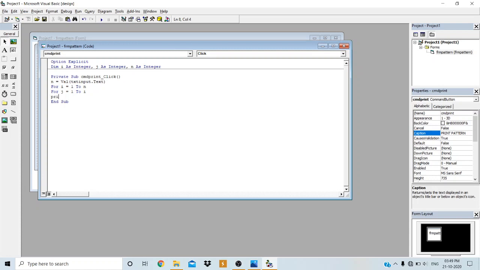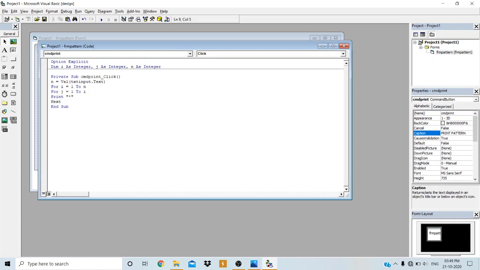Then print. What do we have to print? Star, right? So print star, within double quotes. Then the j loop has to be repeated.